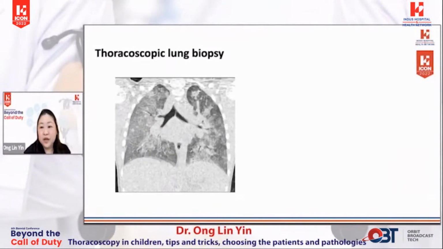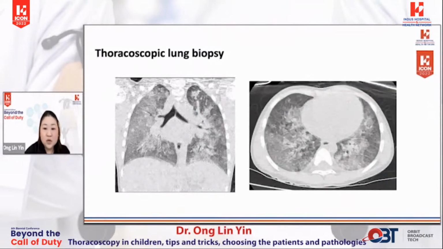Not all children requiring lung biopsies are candidates for the thoracoscopic route. Thoracoscopic lung biopsy requires lung isolation and pliable lung tissue. Many patients are very sick in the ICU, have problems tolerating ventilation supine, let alone in the lateral position where one lung is dependent, and there will be a VQ mismatch.